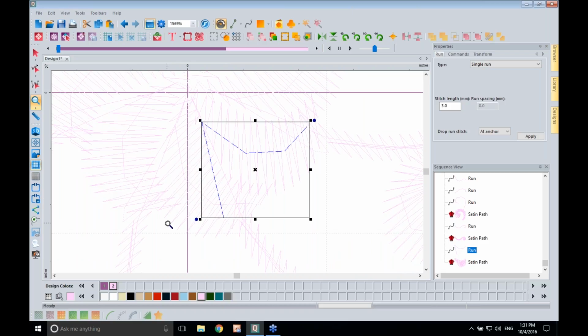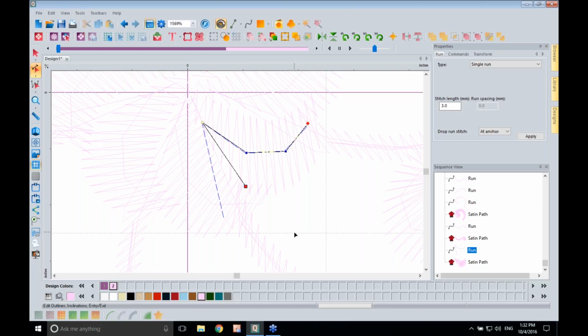I'm going to zoom right in, and I'm going to select my shape tool to do that, and you can see I've got the nodes of this stitch here. And what I want to do is move this stitch up into this petal right here. So in order to do that, I need to move this node down here. Now the node is hiding underneath my start point. To get to the node, I'm going to temporarily slide this out of the way, and then I can get to my blue node. I'm going to click and drag it right up into here, and then I'm going to slide my start point all the way back, and that